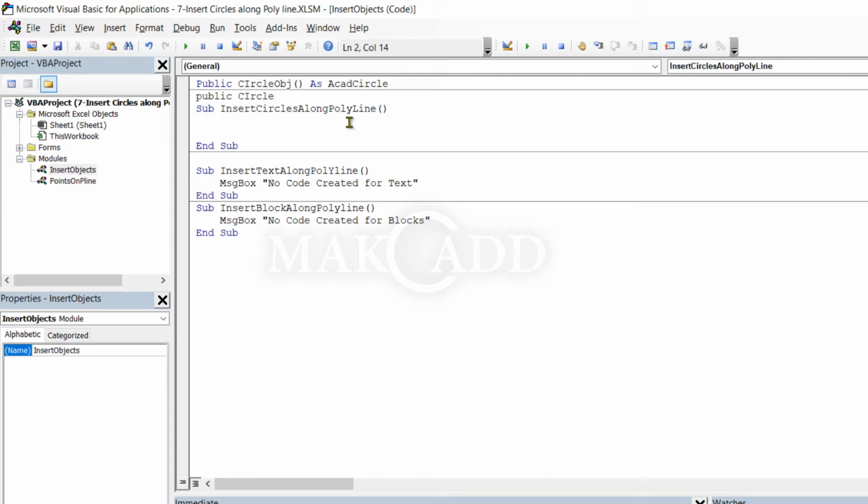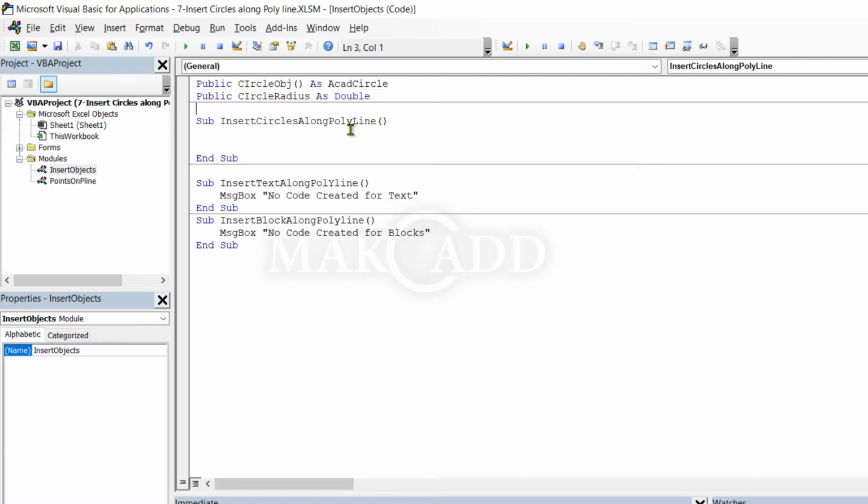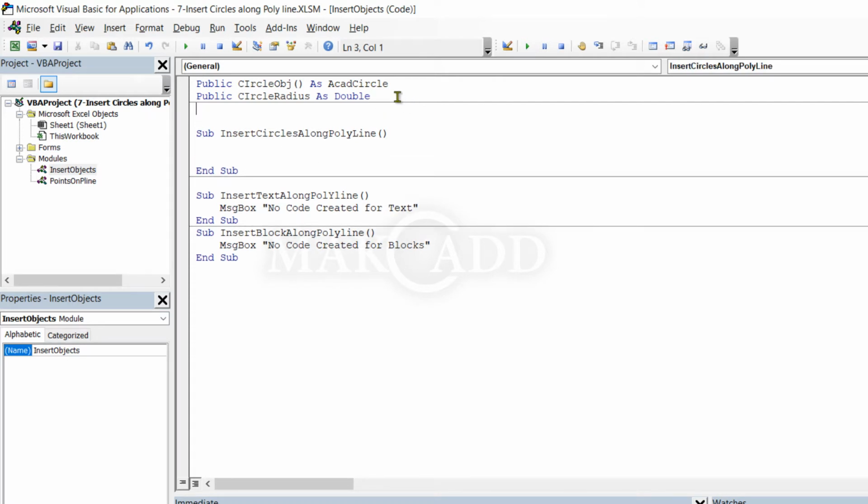To add a circle, we need a center point and radius. So we will declare new variables. The variable for radius must be declared public because we are assigning its value from the user form. And declare a variable for the checkbox value to include points, also public.